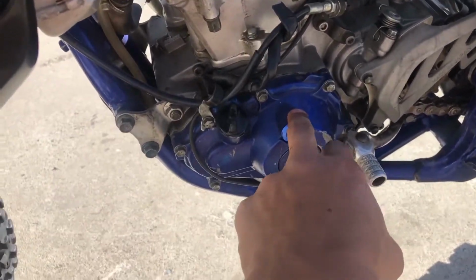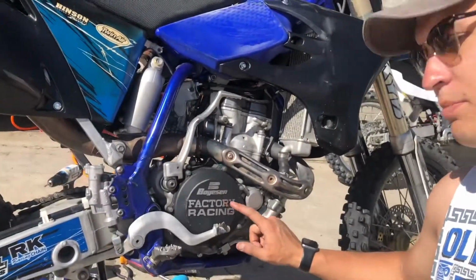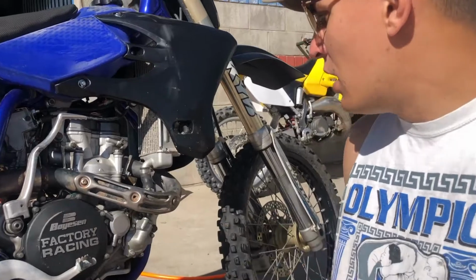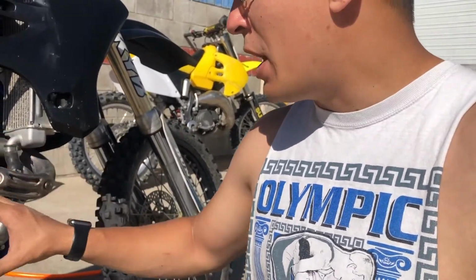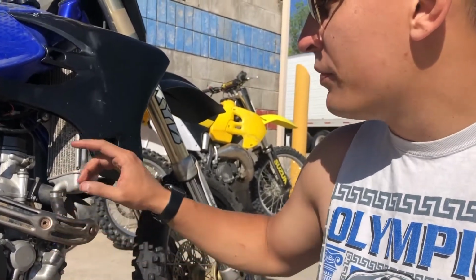At one point, it needed a new gasket on this side. It's gone through a lot, guys. This was a big fixer-upper, just like all my projects. Bought it for like $1,100 locally, and it had just been rebuilt, and the previous owner didn't have the time or energy to replace the right side clutch cover. So not this Boyson clutch cover, but the water pump, right, just the right side of the motor, the outer case. It had a big old crack up by the water pump and was letting out oil there. So we bought a new one off eBay, put it on there, got new gaskets everywhere, got it up and